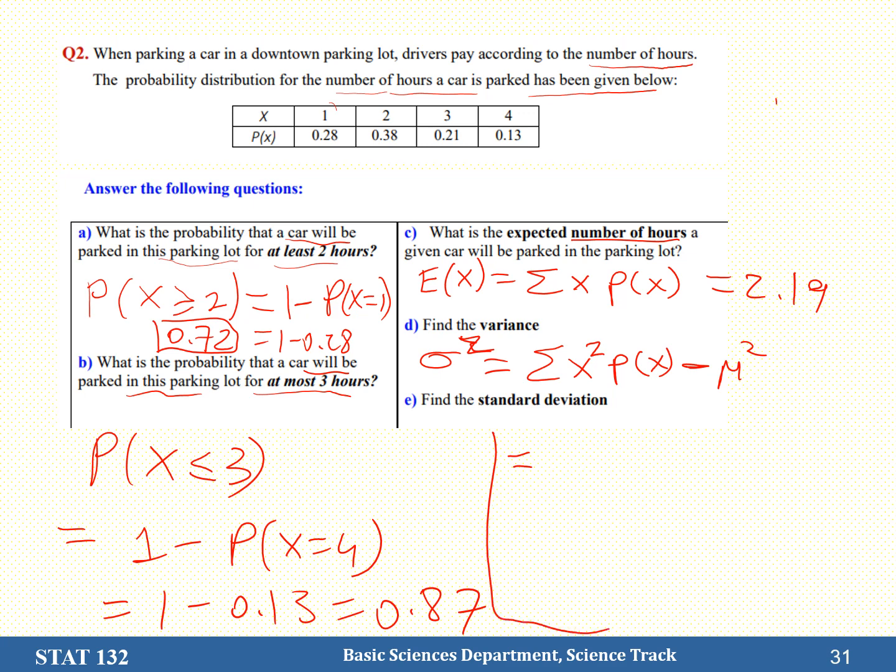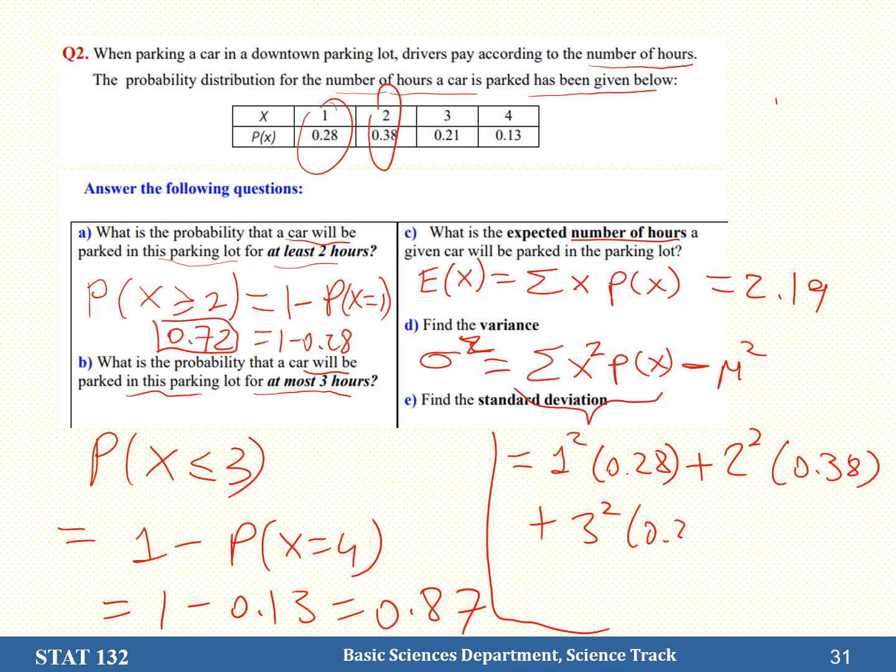It will be x squared times 0.28. So I'm trying to calculate this one now. 1 squared times 0.28 plus 2 squared times 0.38 plus 3 squared times 0.21 plus 4 squared times 0.13